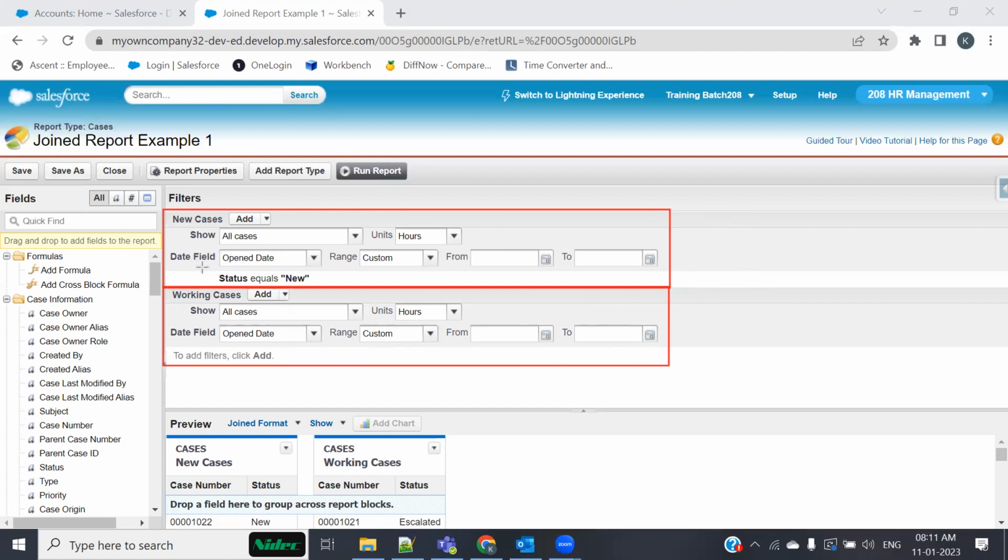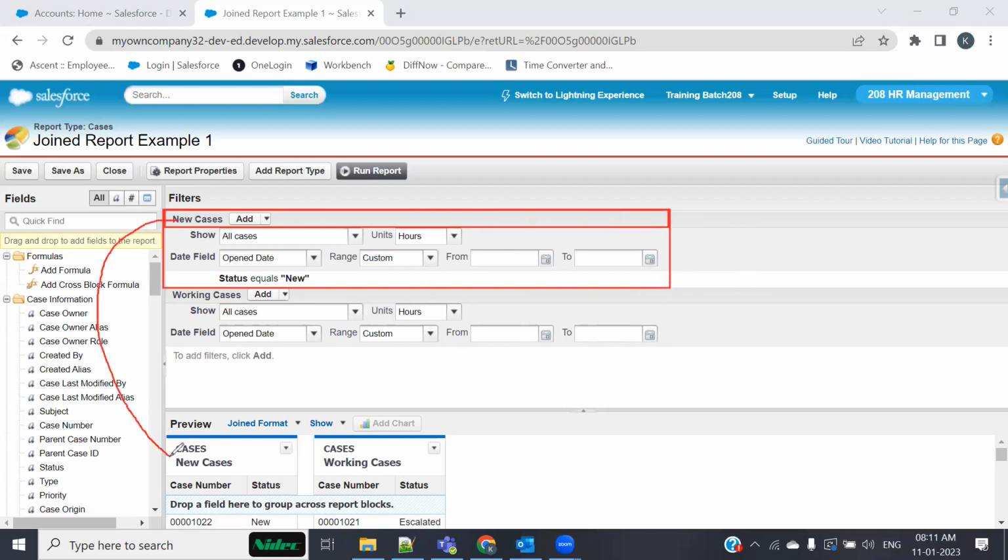If you do something over here, that is going to be applied to a block called new cases. That is going to be applied to a block called new cases. This one. I mean, I just have created a formula. Whatever I am going to do over here would be applied to this block.